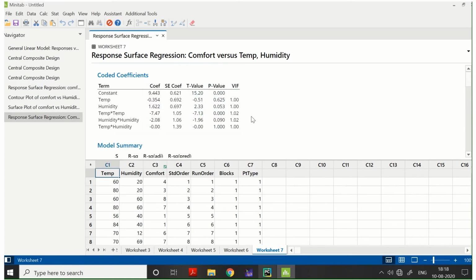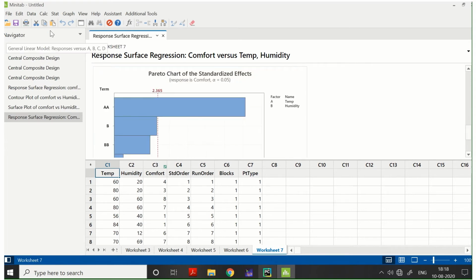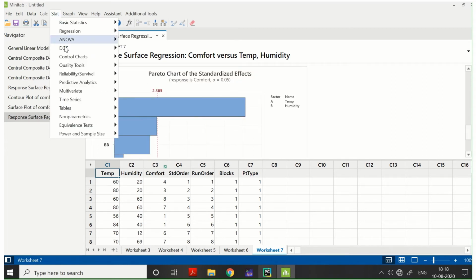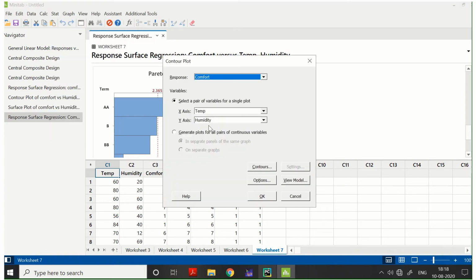This is the ANOVA table and regression equation that was created. Now we have to go to contour plots. Temperature and humidity are our variables and comfort is our response. Just click OK.